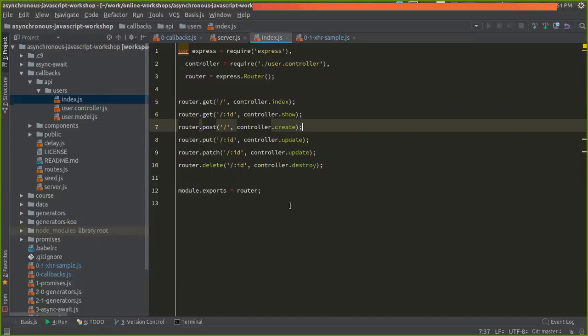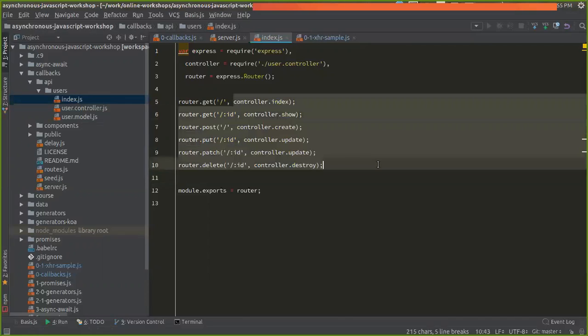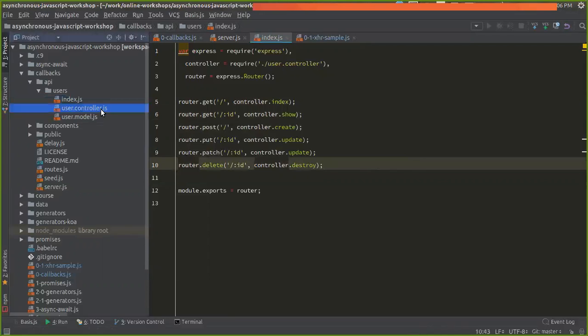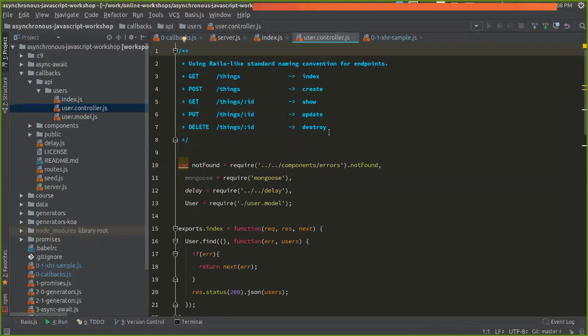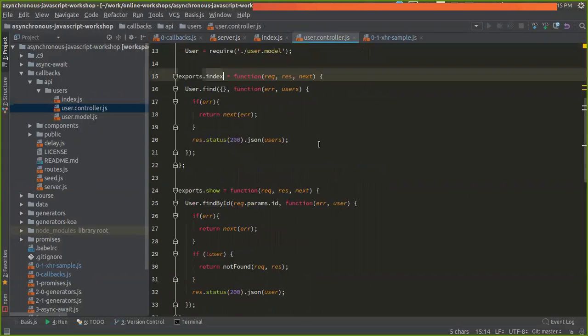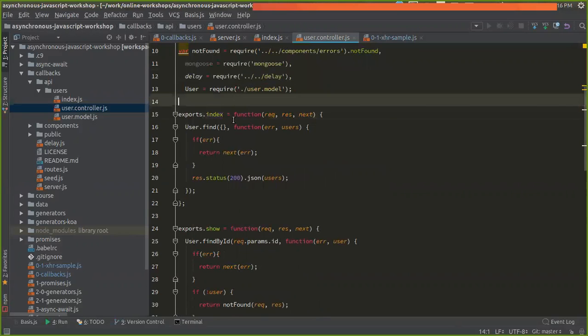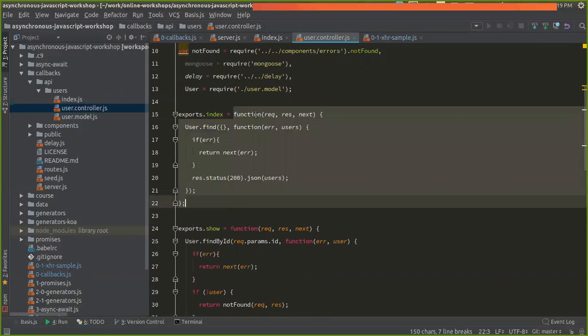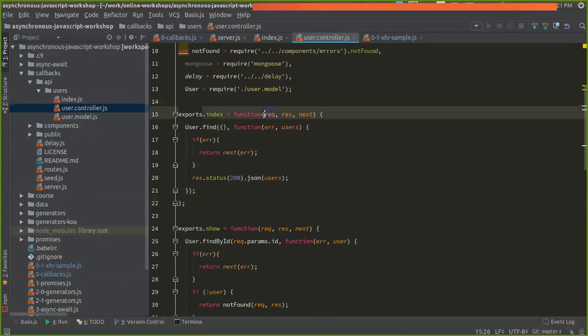But the interesting part is user.controller. If you just look at this, we have controller index, show, create, update again, and destroy. These functions are the actual functions that you need to understand. These functions are using callback functions. For instance, exports.index. At this point, we have this function, and this function receives 3 different parameters: request, response, and